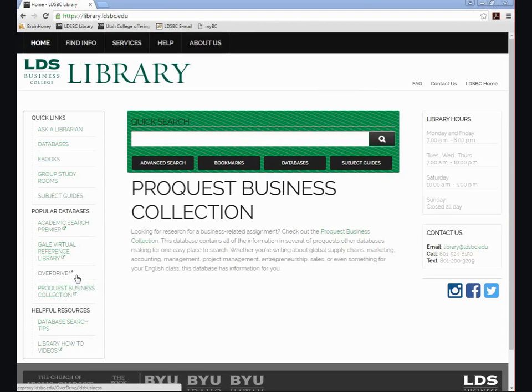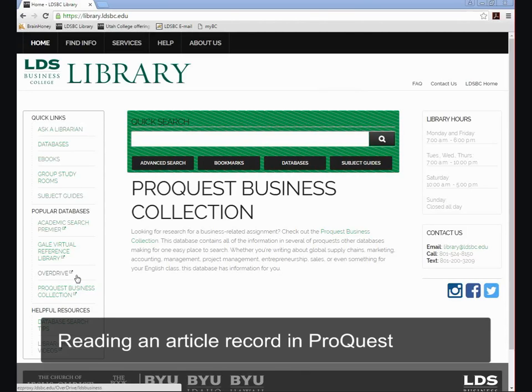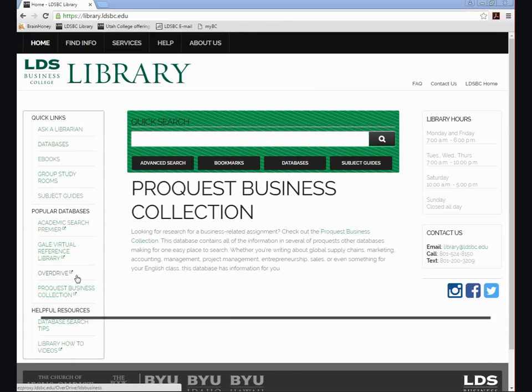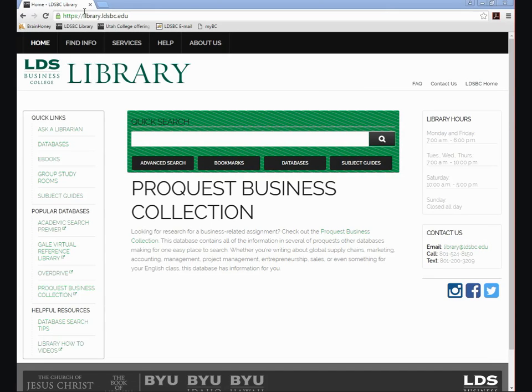Today, we are going to learn the ins and outs of finding information in an article record. We are going to focus on records found using ProQuest's Research Library database. To access the Research Library database, navigate to the LDS BC Library webpage at